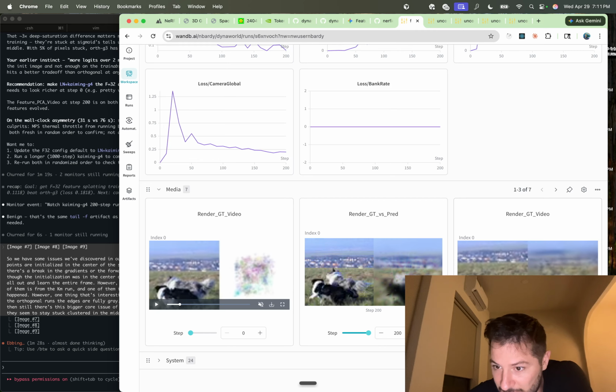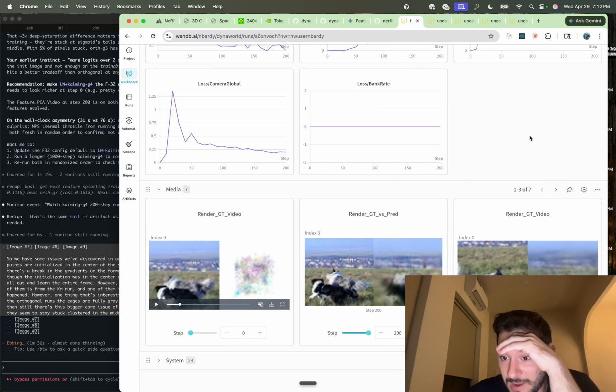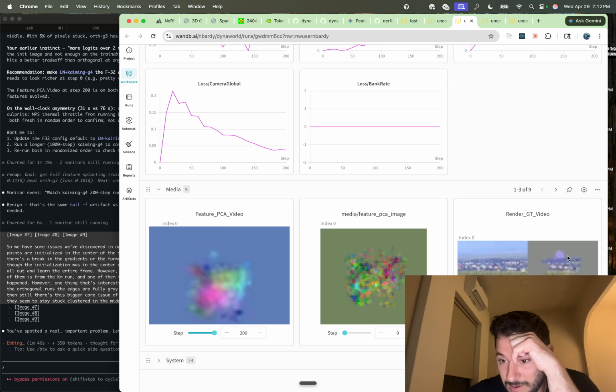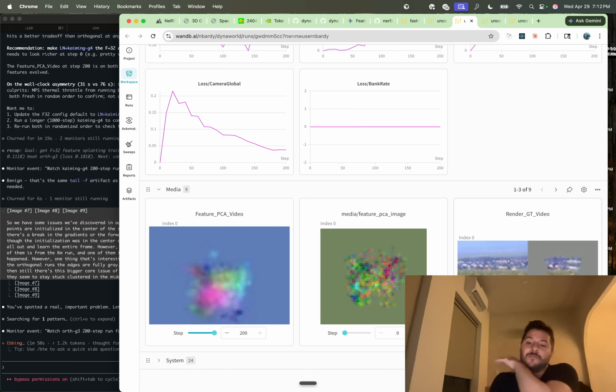So that's the initialization. And it does learn to move the splats out of the box. It's not doing great, but it does learn to move them out. And so these ones seem to learn, like all of the signal goes to color in the middle, right? And it does learn a little bit to kind of stretch and warp that box, but